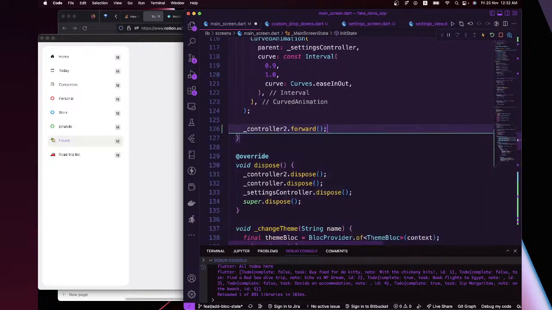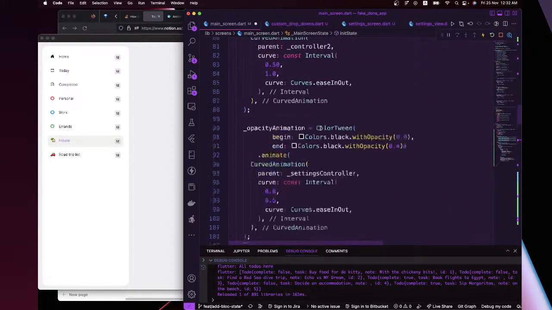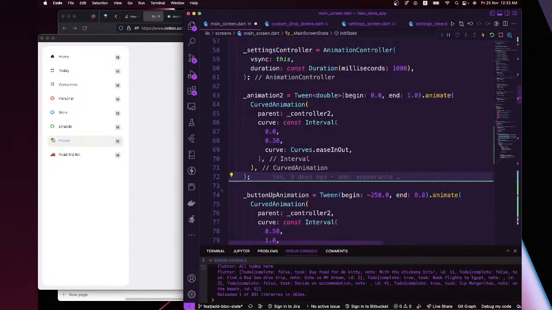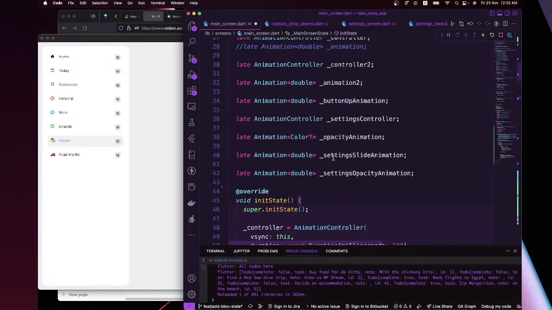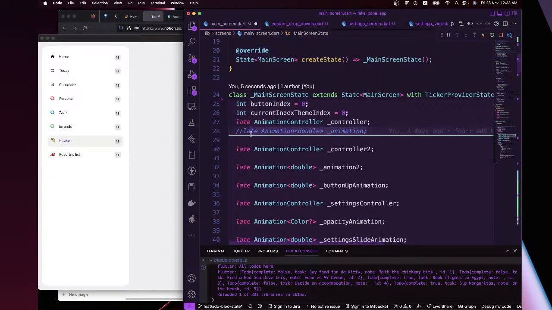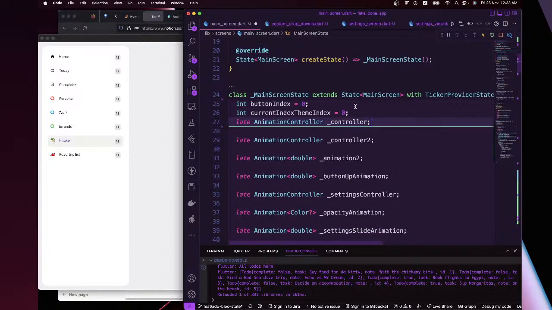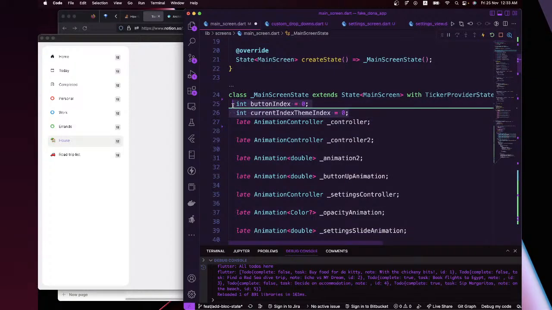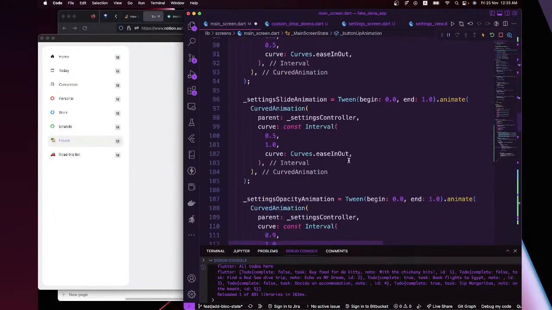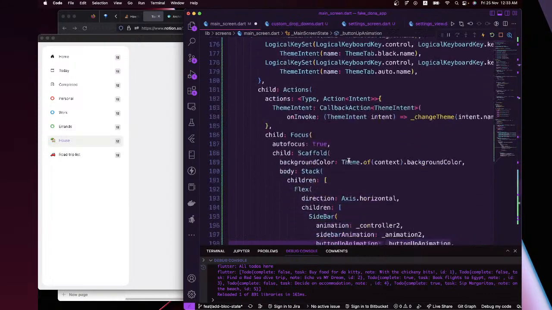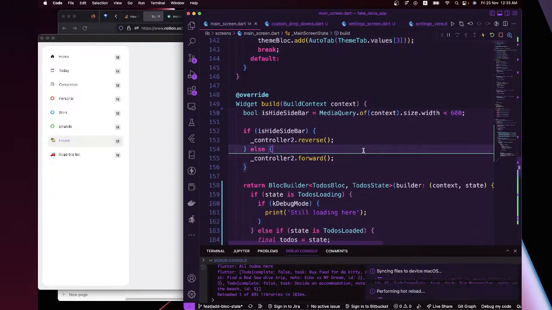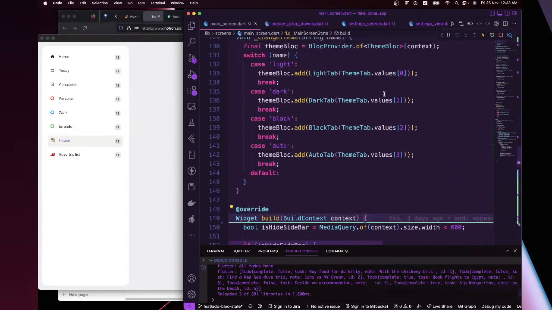Okay, remove some comments, code that we don't need. Remove this. We don't need this, just delete that. We don't need the button index. So basically remove those ones. I think we are good to go for the home front end. I think that's cool at the moment. We can just leave it at this point, save this, and then head over to the